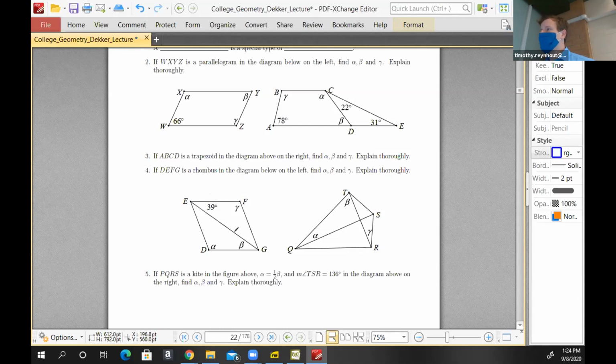we can find the angle measure of beta very easily, but then what is the angle measure of this part and this part? Well, there's a couple of different justifications that you could use. You could use that the line of symmetry, or the diagonal FB is a line of symmetry. So you have that angle FED and angle DGF are the same. And then since that and that have the same angle measure, then this and that would have the same angle. So that's one way to go about it.